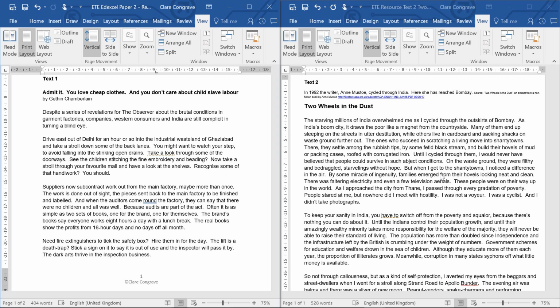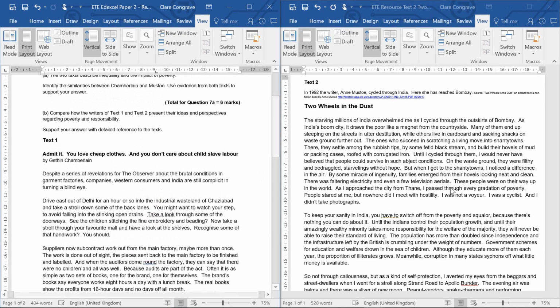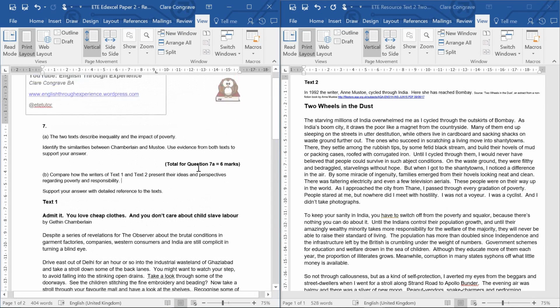And their final paragraph, their final point, their last 2 marks. Both texts state the horrific conditions of India. In text 1 it says stinking open drains, and in text 2 it says filthy. These descriptions help us imagine the horrible conditions that they live in, and so it makes us feel nervous and sympathetic for them. Hopefully you can see where they located those quotes from in text 1 and text 2, and you can see that they're covering the